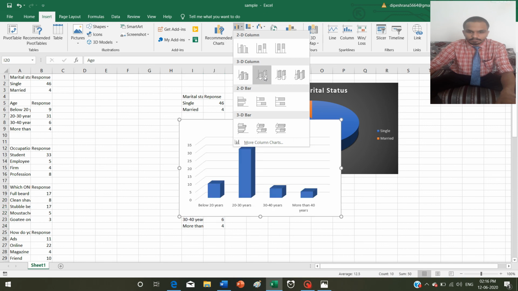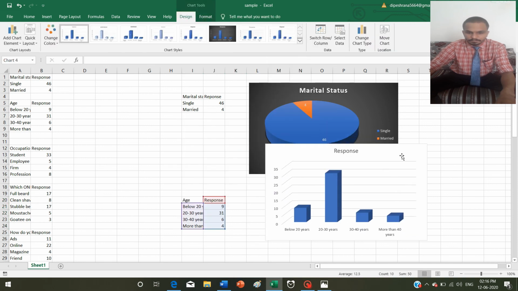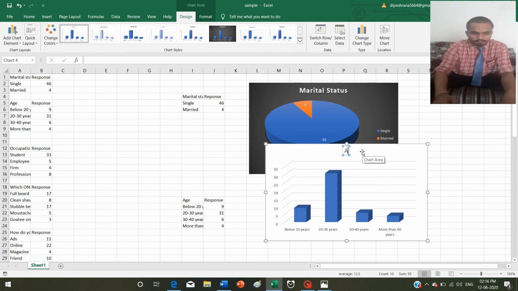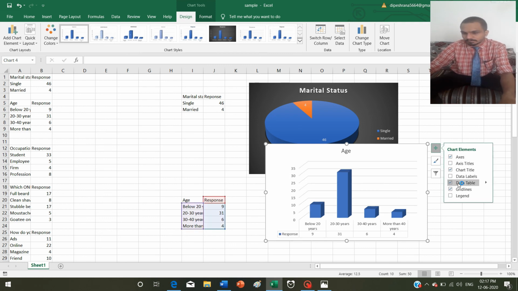Now let's take a bar diagram. Let's make it attractive. First of all I will give it a name. I want data labels. I'm removing grid lines.